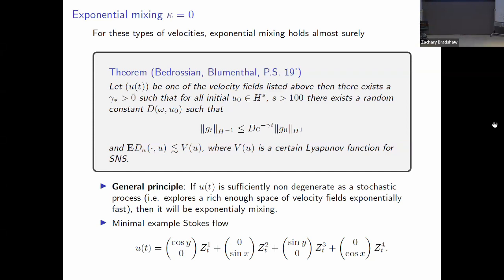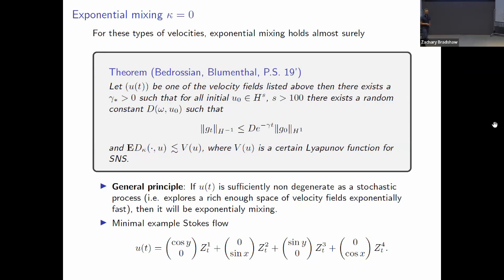So in particular, if this velocity field is one of these ones, then there's some rate such that for all initial data in some Sobolev space, say S bigger than 100, the exact number is not important, there's some random constant that depends on the initial data such that I have exponential mixing. Moreover, we have moments on the constants that are bounded by some function, which is a Lyapunov function